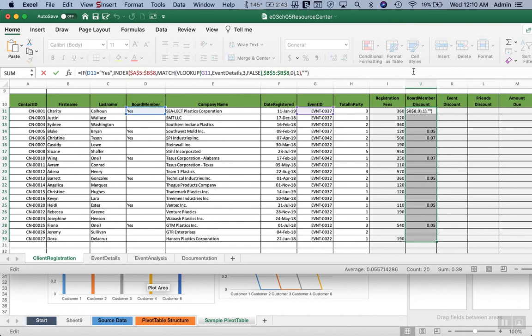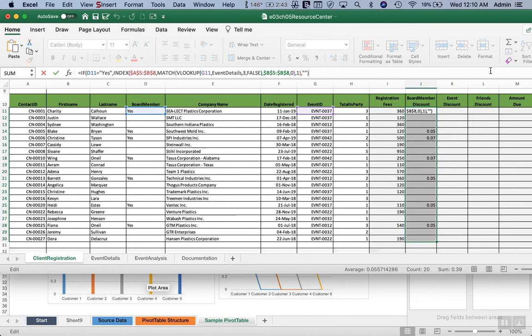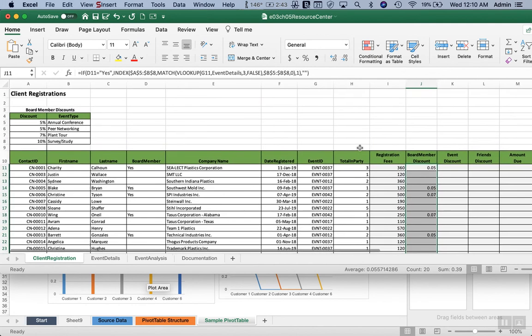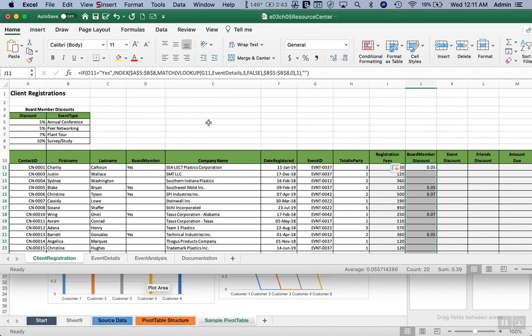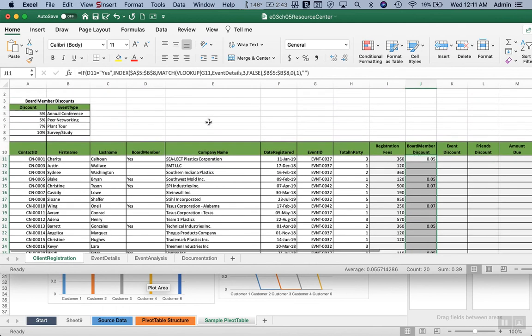All right. So we've got a couple of other events here, and some other logic we have to work out on this. It's pretty sophisticated little programming logic we would have to do within this. All right. So the next thing we need to do is the event discount. All right, so let's see. So the event discount